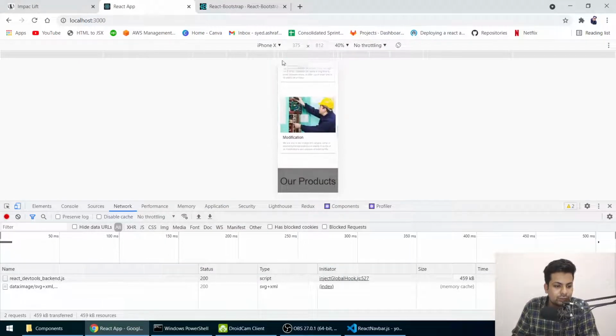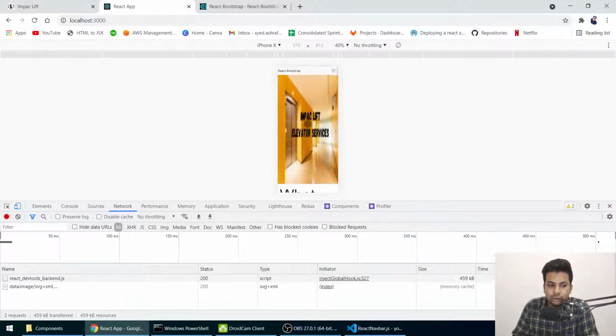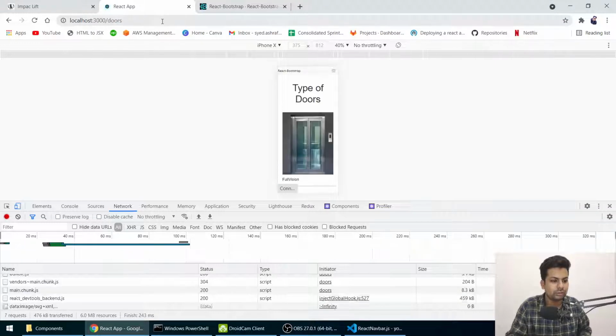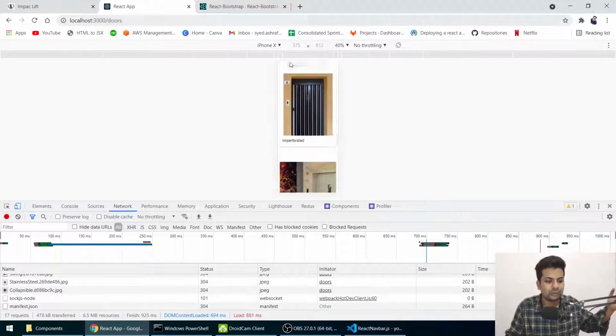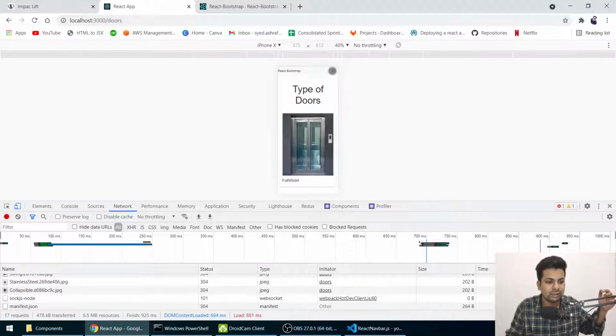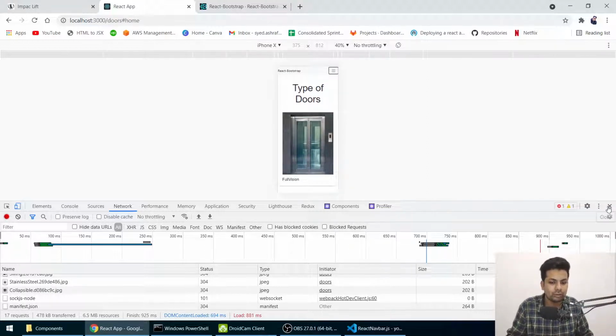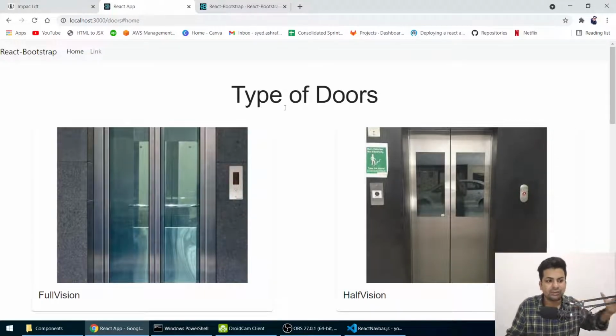It's totally flexible with mobile, responsive. And if we go to doors, boom guys, everything is flexible. Now if we click this thing, okay, yeah, it won't work because we haven't done anything in link and home. So we'll do that afterward. Let me build more pages, every page.